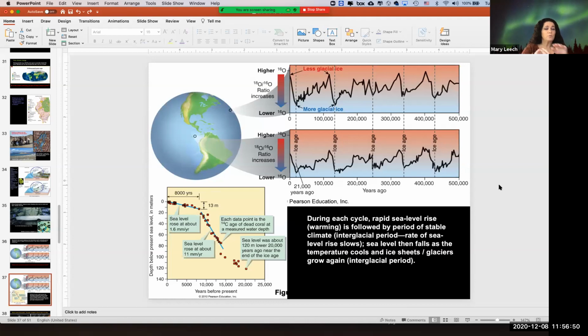Sea level is rising when the glaciers are melting, right? So we should have the highest sea level stand at the interglacial, at the warmest periods, and the lowest sea levels during the ice ages, because more of that water is locked on land, right? So we're seeing temperature fluctuations, sea level fluctuations, and these glacial period fluctuations all working together.